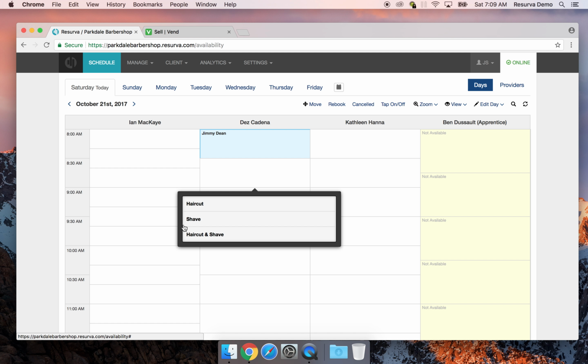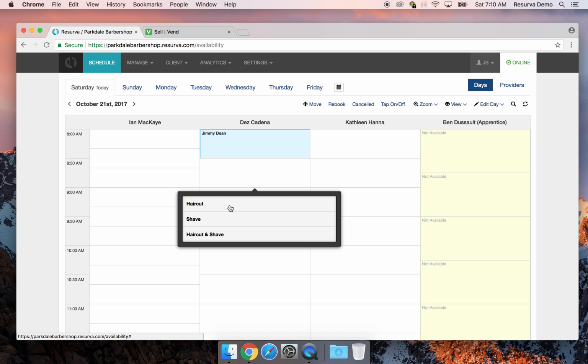And we'll have to do that for each product to just get things started. In a future upgrade that we're working on, we will automate this process and we'll create product variants. So stay tuned for that. But right now, if you do want to bring over all of your services from Resurva into Vend, you'll just